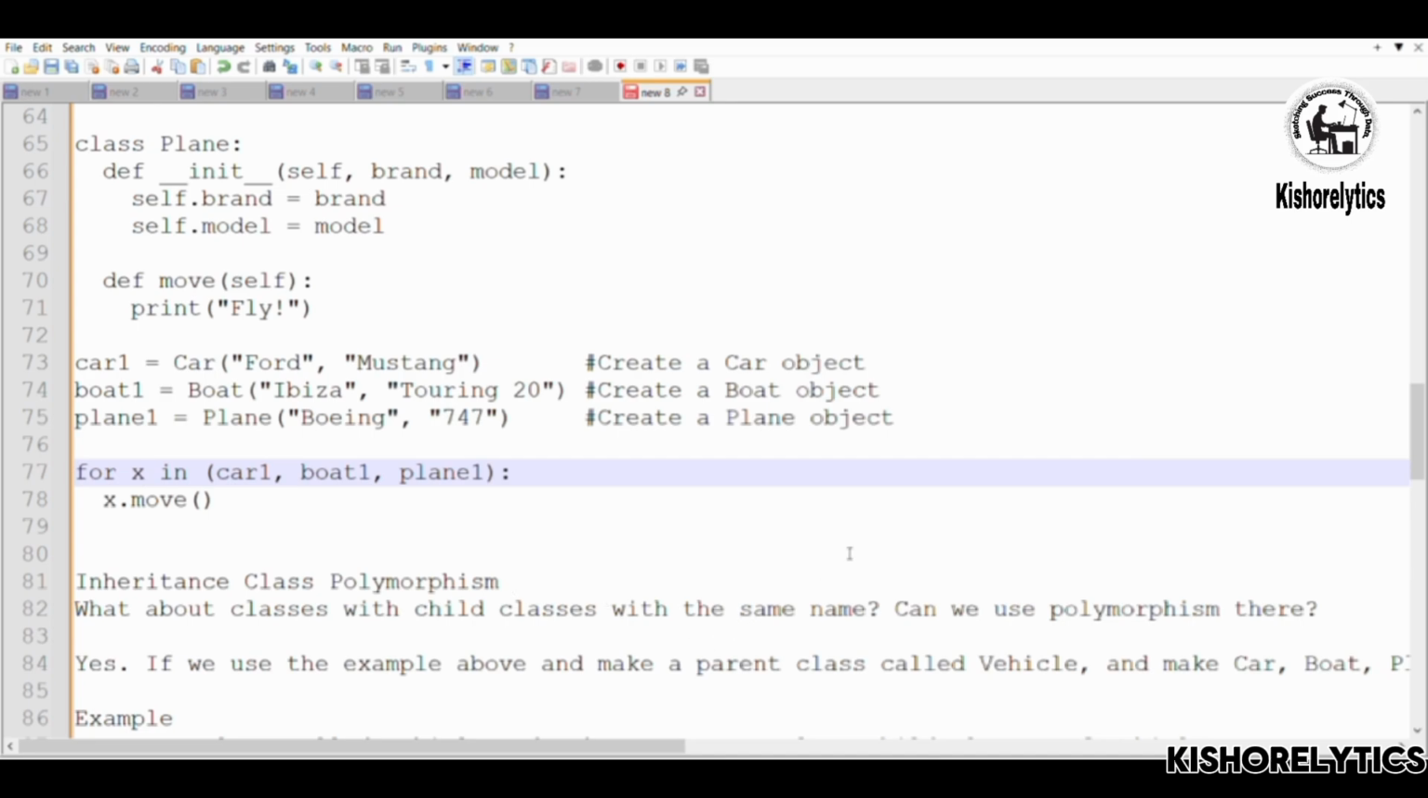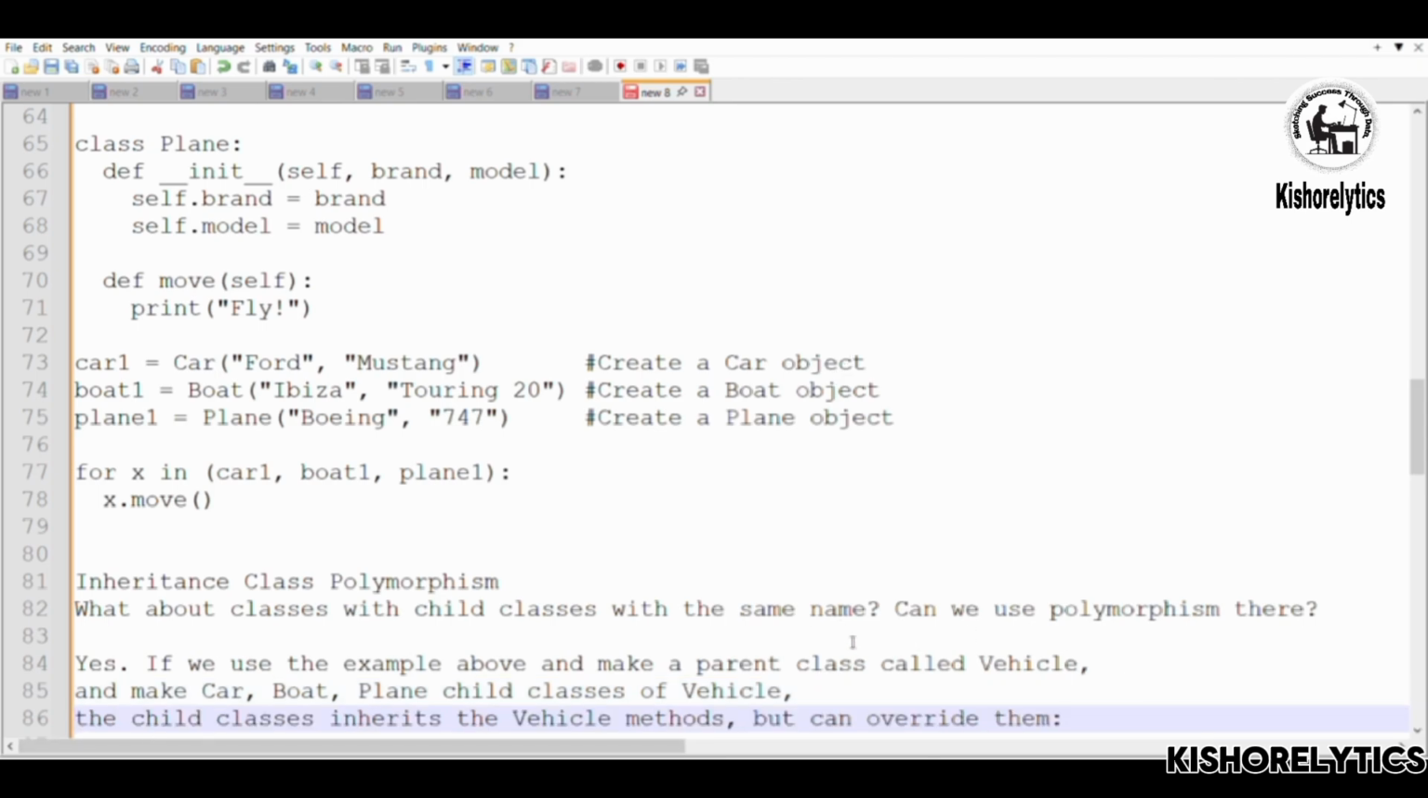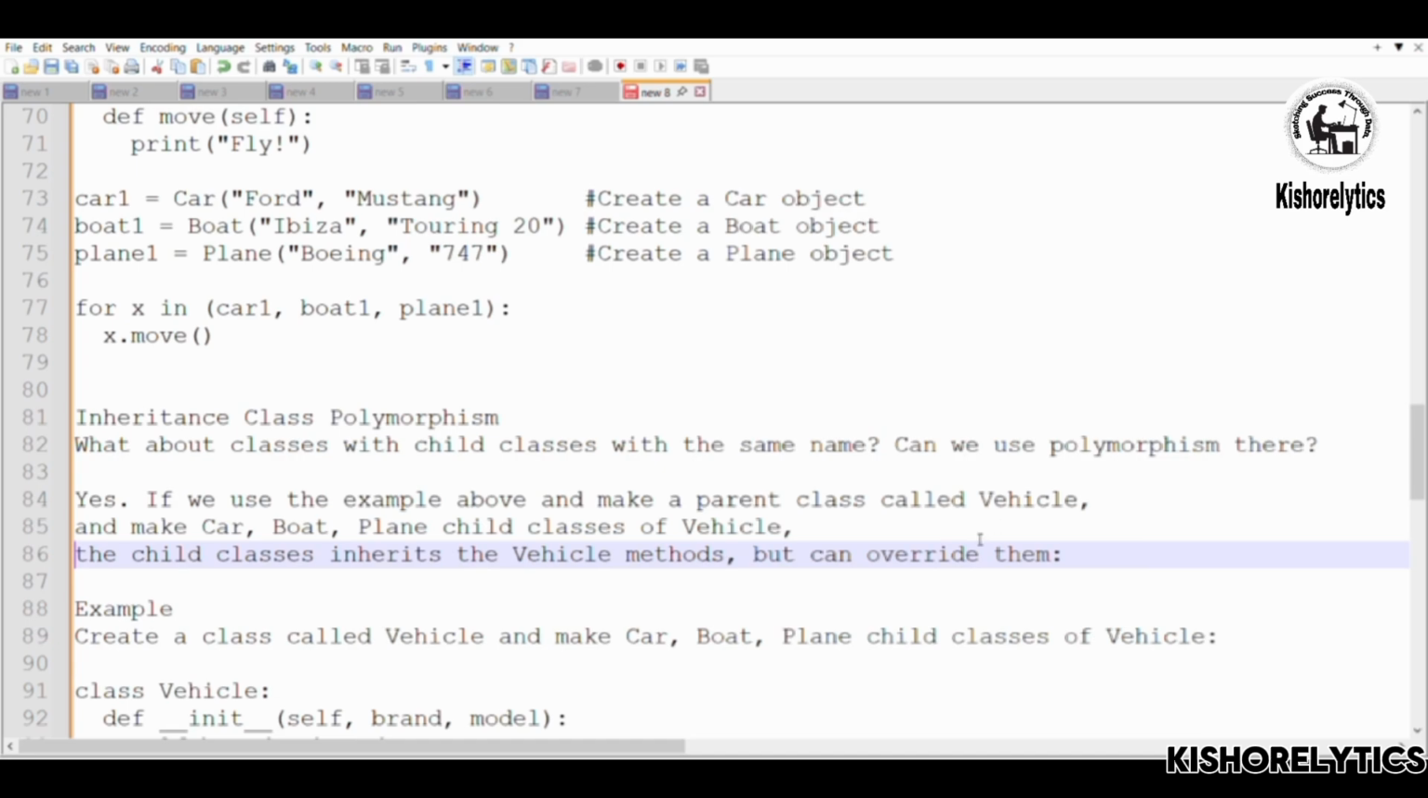Can we use polymorphism there? Yes. If you use the polymorphism above and make a parent class as vehicle, we can make car, boat and plane. And I will already tell you a technical word, override,